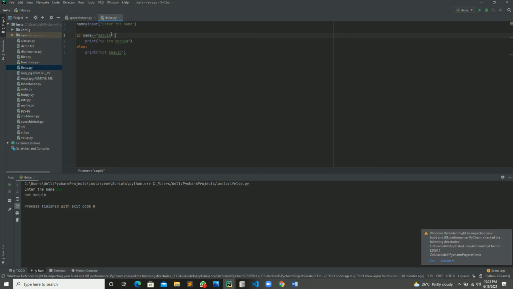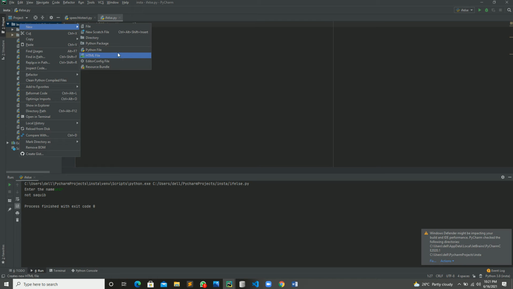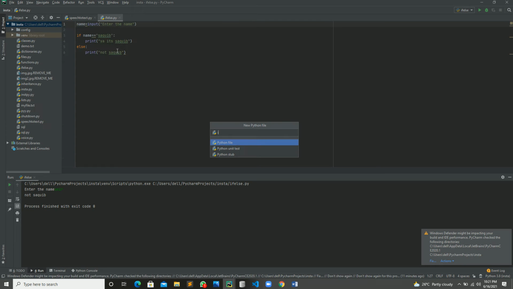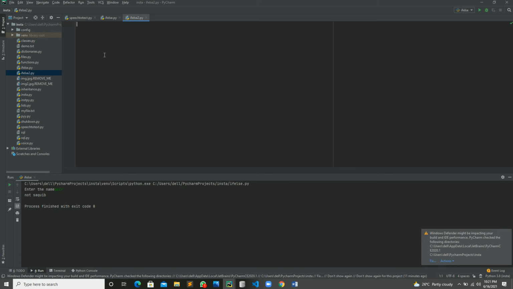Now how can we do this? I want to get the number. We'll change this program. I will make another program for this. I will create a new Python file and call it if else 2.py. Now here I will say number equals, and I have to take the number,